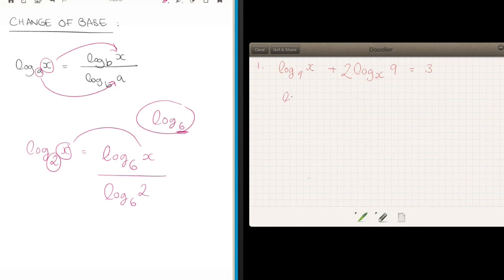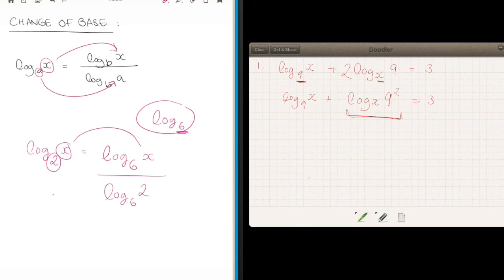What you would do is log base 9 of x plus log base x of 9 to the power of 2, using our power laws. And when you are doing a base change, because you want your logs to be in base 9, not x, what you will do with this is,